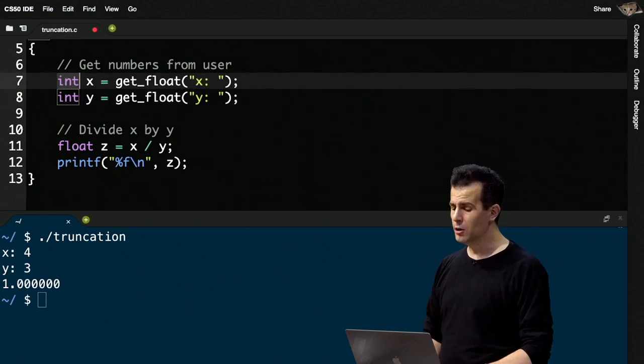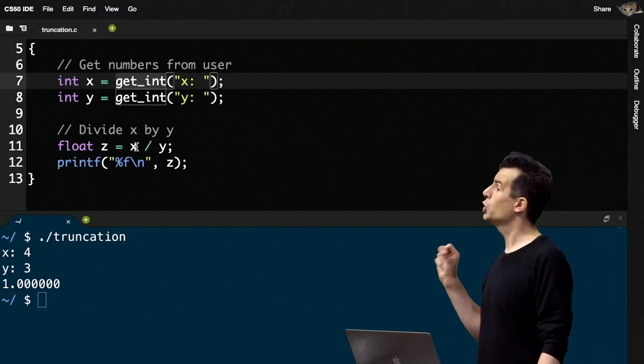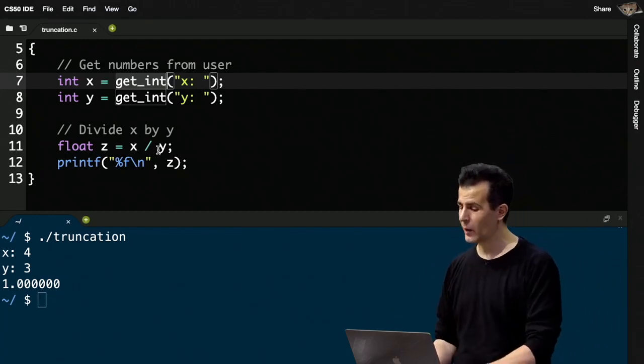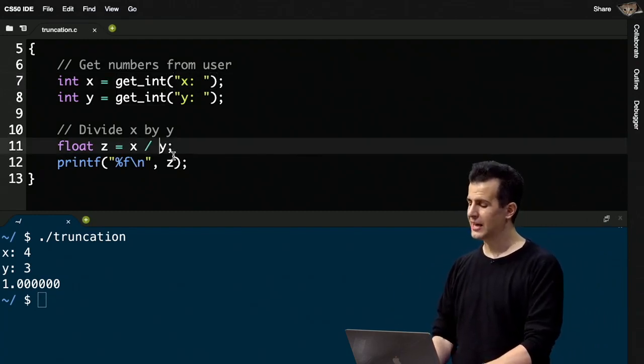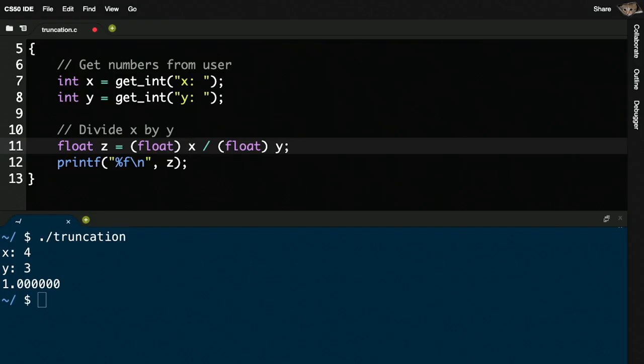You can instead be a little more clever, and you can convince the computer to convert an integer to a float by something known as casting. So I can actually go in here, and using a new syntax, I can say (float) y. And I can even, for good measure, but it's not strictly necessary, also do it to x. You can in C cast or typecast one data type to another by literally, in parentheses, just putting the new data type that you want. And if it makes mathematical sense for one to be converted into the other, the computer will do it for you. So in this way, I'm telling the computer, convert x to a float, convert y to a float,